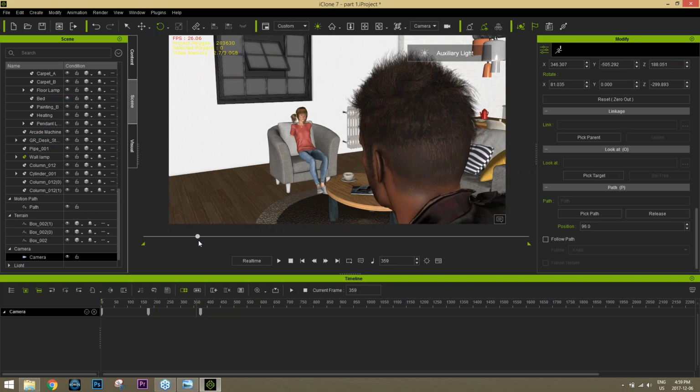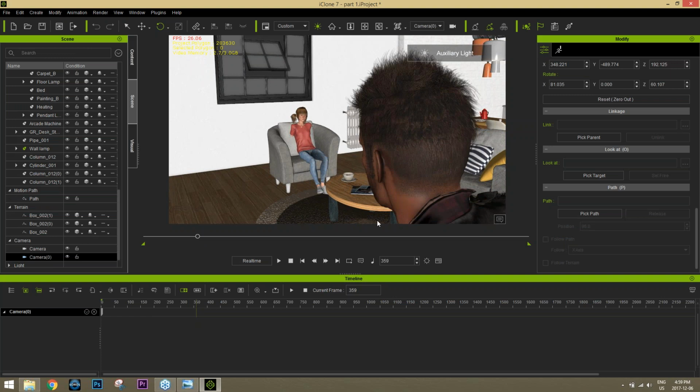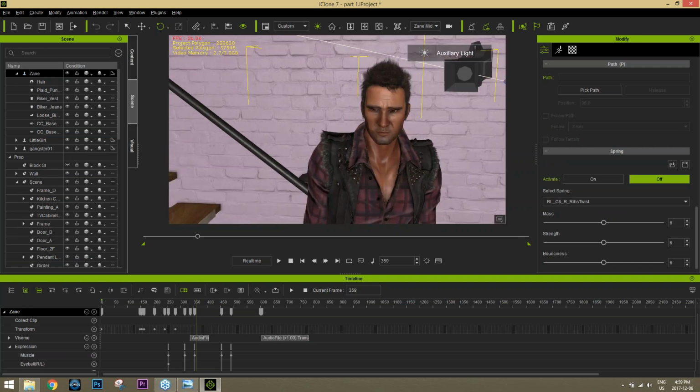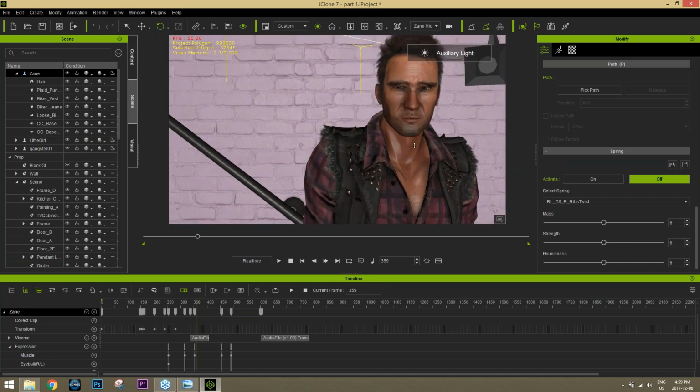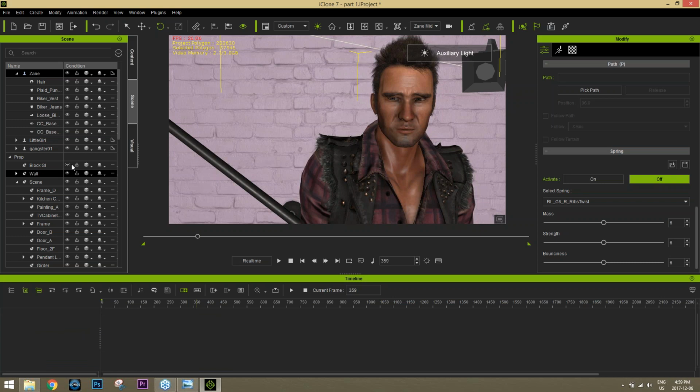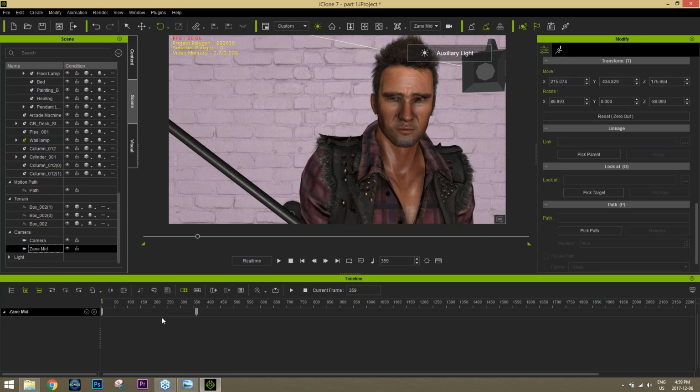Okay, and so then we want to do some camera switching, and so as he says, Clementine right here, basically, right here at this frame 350 is where we want to change the position of the camera. We want to create another camera, and this is going to be the Zane camera. So we'll just call this Zane mid. Okay, and this camera is going to be looking at Zane's face, just like this. Okay, boom, just like that. We'll kind of place him in the right third of the view right there, and let's just close down Zane and select that Zane mid camera, and